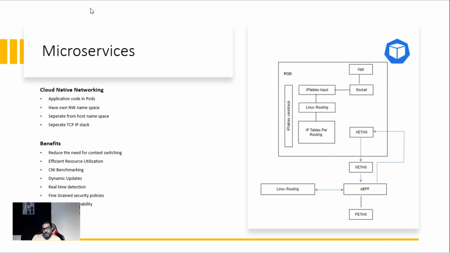Having said that, let's go into the microservices. Currently, all the microservices are heavily using the eBPF for the CNI benchmarking, because if you talk about the microservices, they